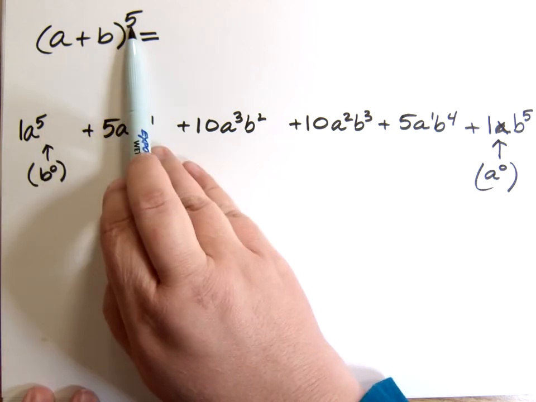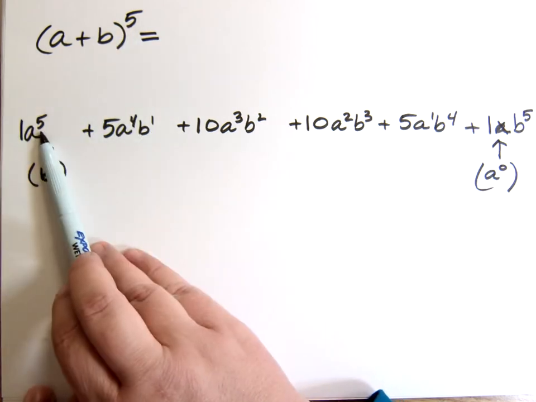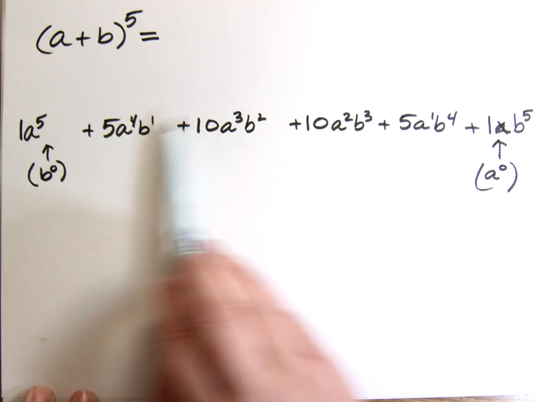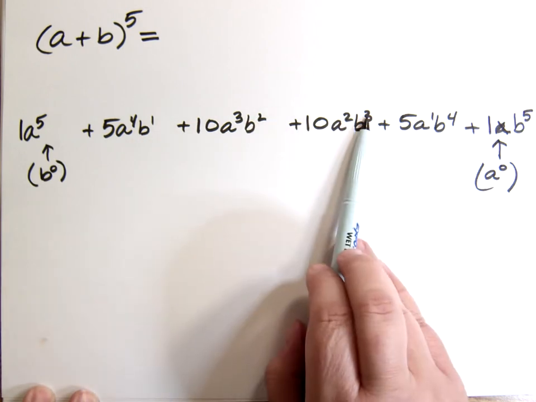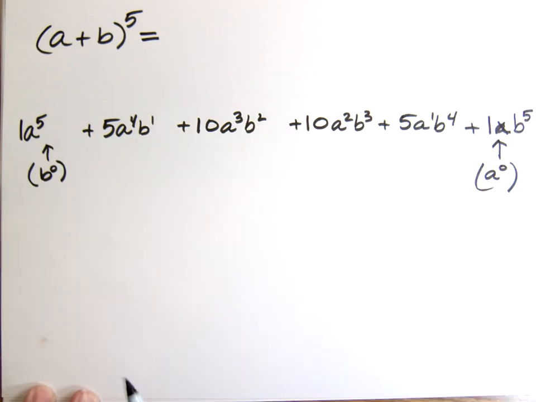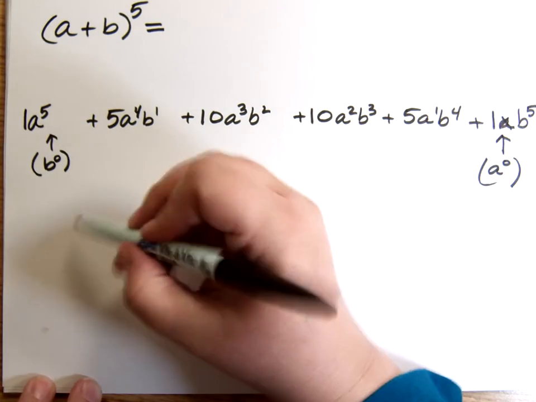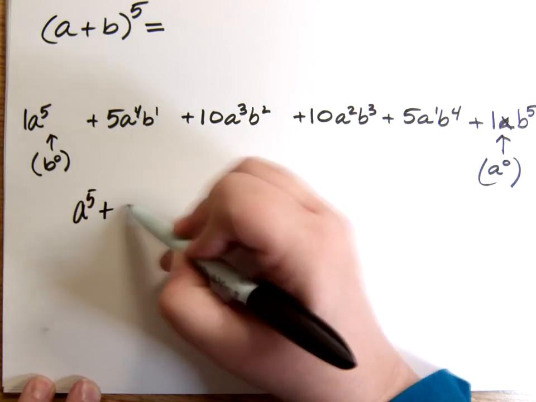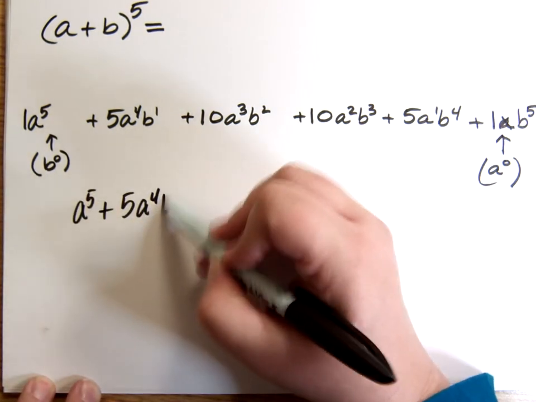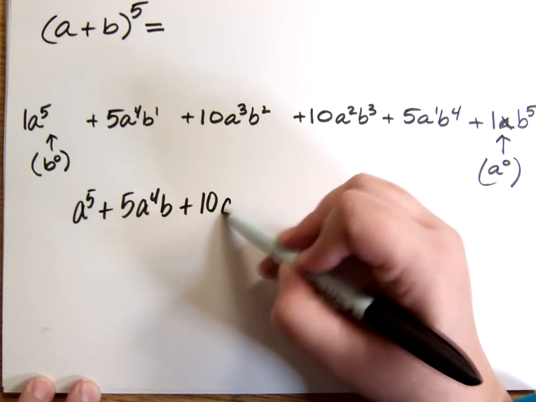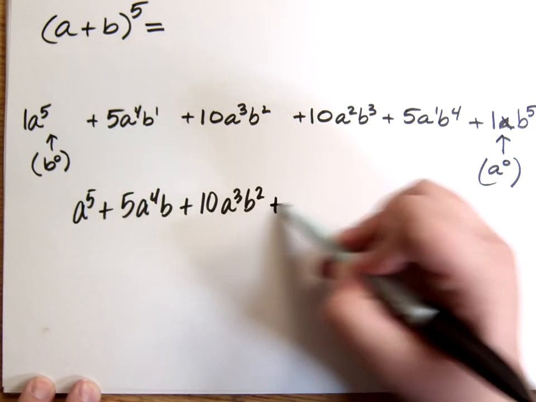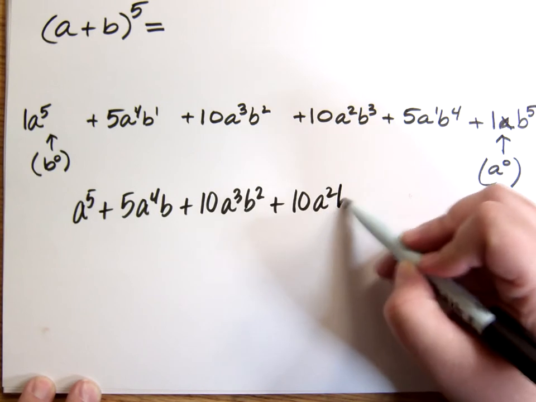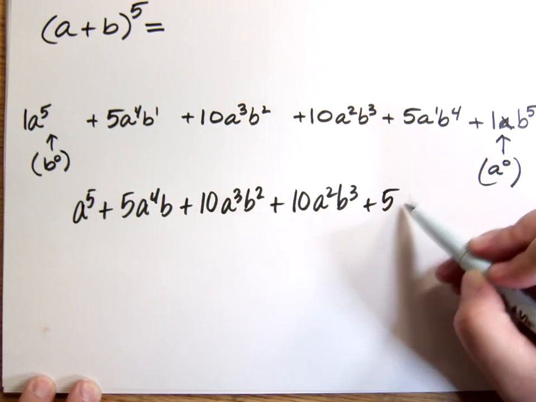Again, when our exponent is 5, these two add up to 5, these two add up to 5, 2 and 3 is 5, 1 and 4 is 5. So this is my answer. My answer is a to the 5th plus 5a to the 4th b plus 10a cubed b squared plus 10a squared b cubed plus 5a